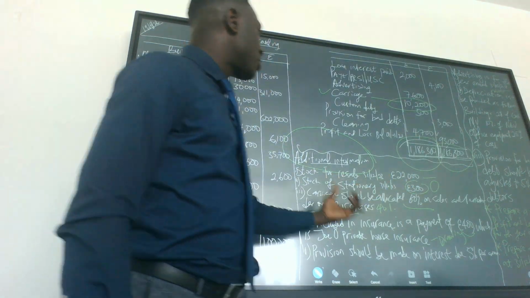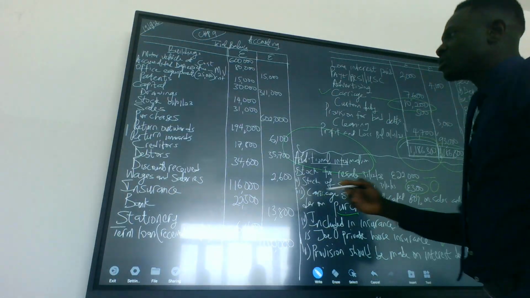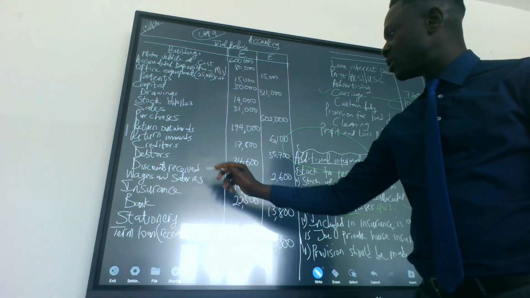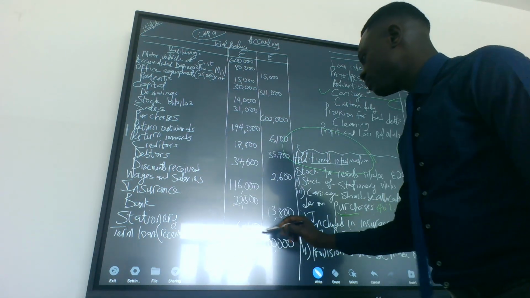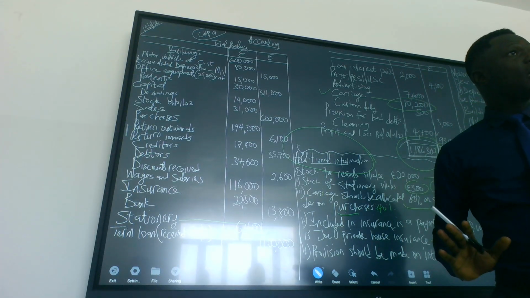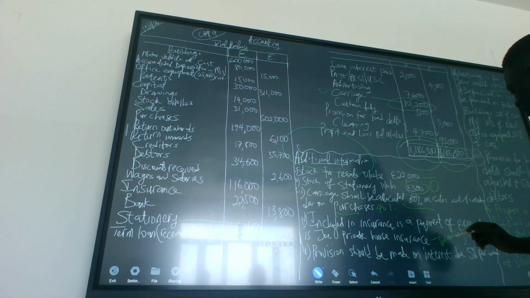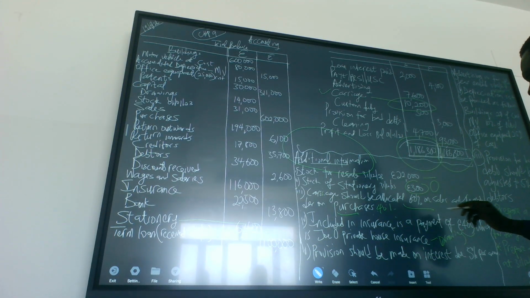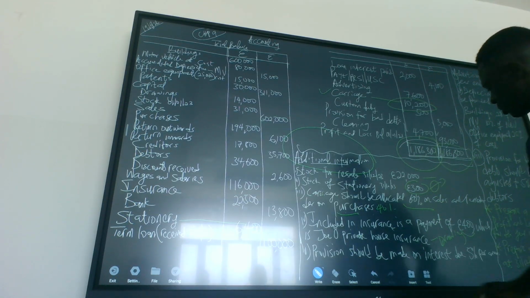So the total amount of stationery is what? The amount spent on stationery is how much? 6,400 was spent on stationery. But at the end of the year, how much stationery is left? 300. Do we understand that? So going forward,